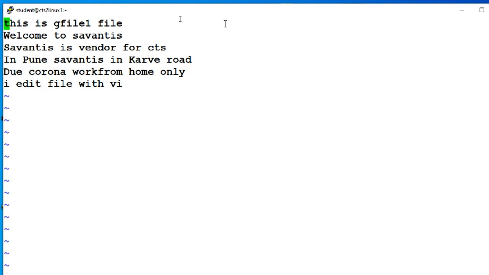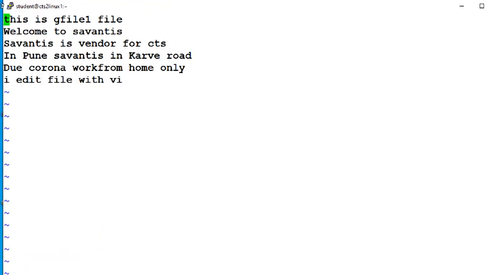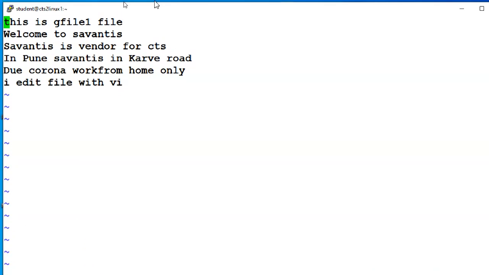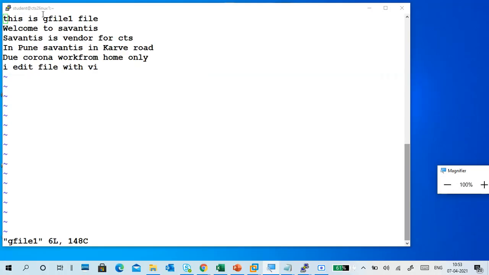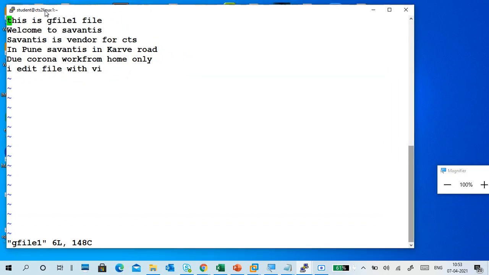That's a green color. You can see that it is in a column. I am not in insert mode. Now you can see the full screen. So I'm not in insert mode. I'm in the first row, the first line. Guys, remember I'm in the first line. I'm pressing g, gg, small gg.